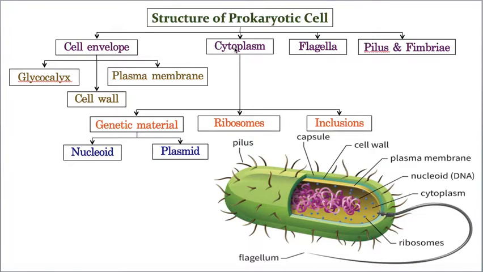Again, the cytoplasm consists of genetic material, ribosomes, and some other accessory parts called inclusions. Again, the genetic material includes two types: the first one is nucleoid and the next one is plasmid. But please understand, plasmid is a genetic material which can't be seen in all bacteria. Of course, I am going to explain all these structures in detail, then you will understand still more clearly. Now let us go through every part one after one.